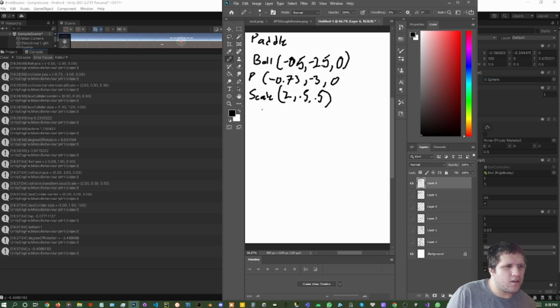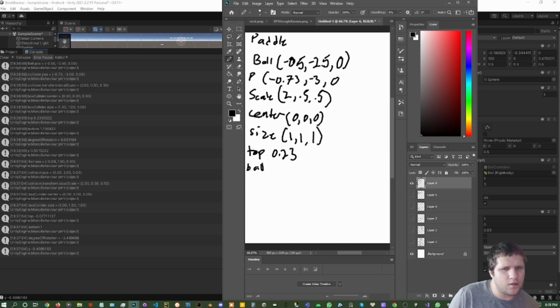We have the center at 0, 0, 0. We have the size at 1, 1, 1. The top is 0.23. The bottom is 1.73 with a degree